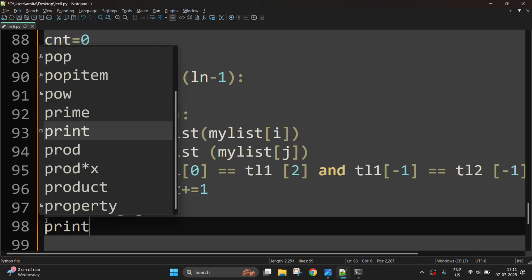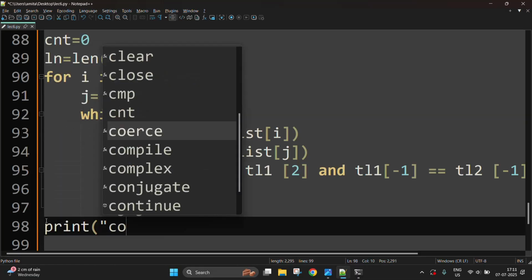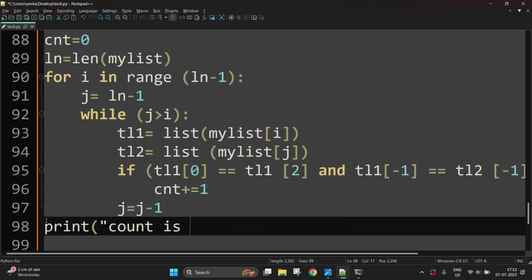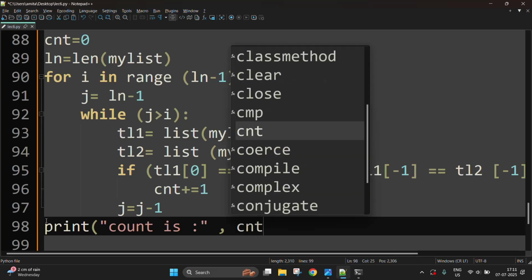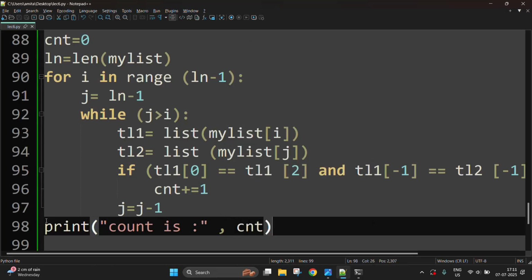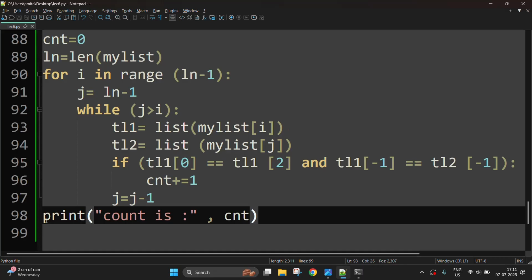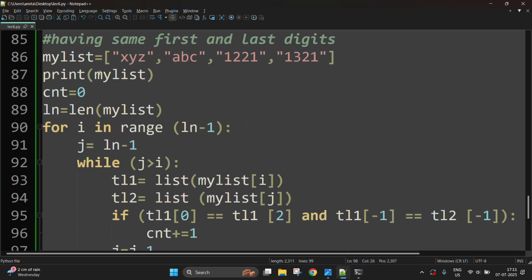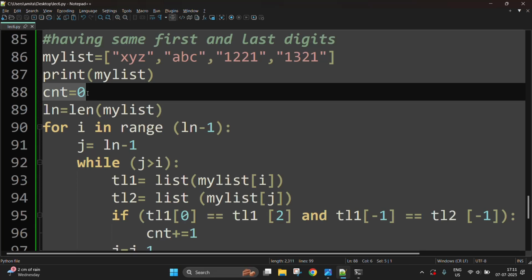On that last we will print count, C and D. So I can see here our program is initially we have given a variable C and D, the value is